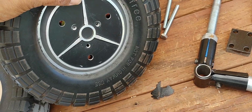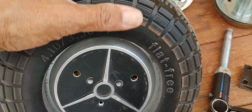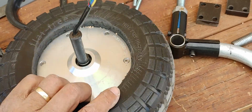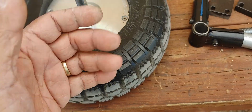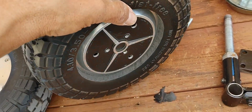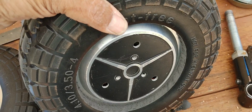I cut the inside of those wheels. These are, by the way, 10-inch wheels. They are marked 4.1/3.5-4, very typical of a wheel that is used for lawn, two wheelers and things, for agricultural equipment. You can get these at Harbor Freight. I got these actually through Amazon. I got 4 of these foam wheels, and it was actually to do the front end of the go-karts here,